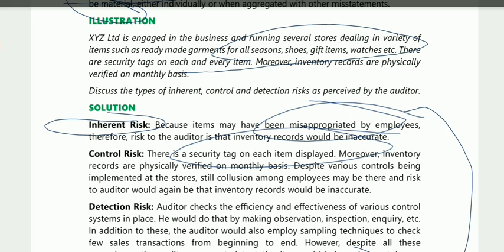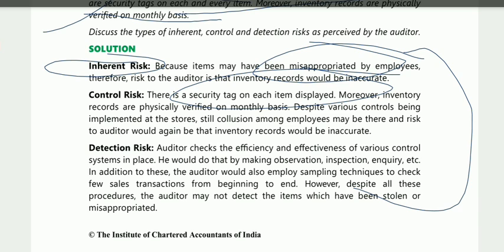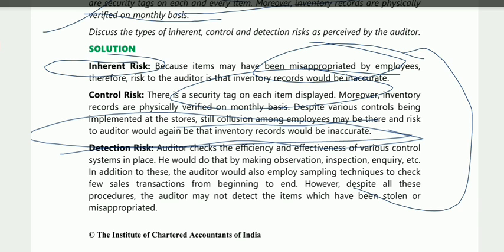Then second they talk about control risk. So they are saying the security tags. So this is a control placed by the management. Now as a part of test of control, you will check whether this control is effective or not. So there is a security tag on each item displayed. Moreover, inventory records are physically verified on a monthly basis. Despite various controls being implemented, still collusion among employees may be there, right? So here comes your inherent limitation of internal control, and the risk to the auditor would again be that inventory records would be inaccurate. So again control risk will lead to inventory records being inaccurate because there might be